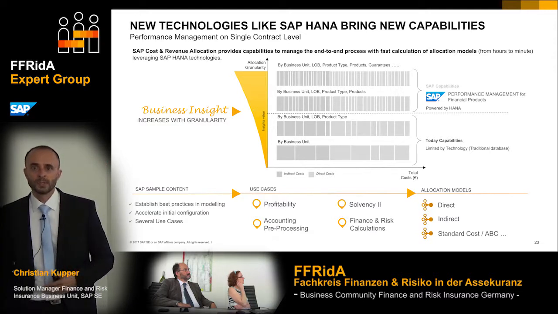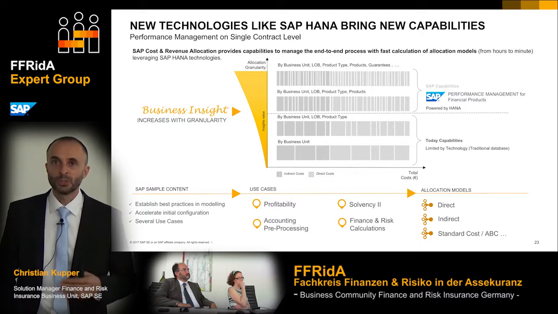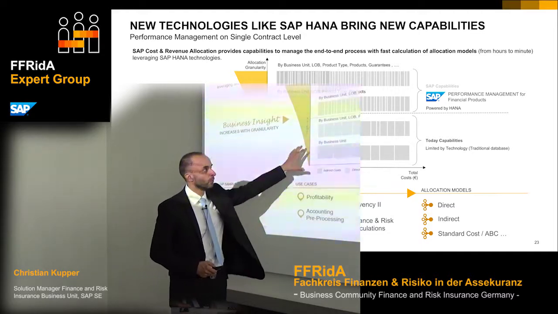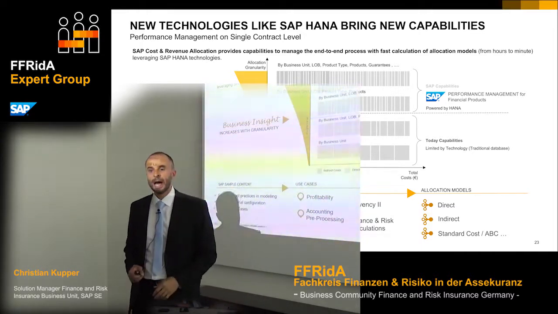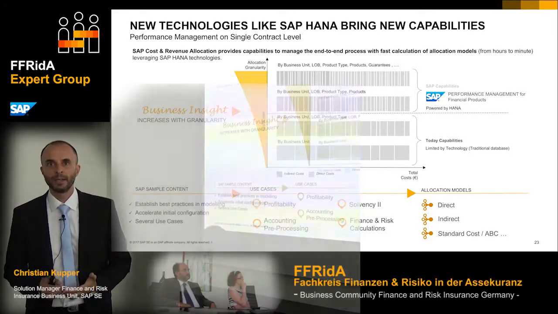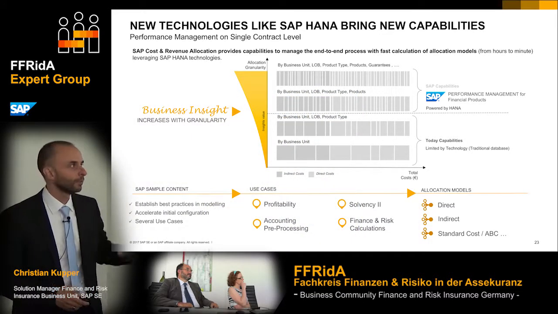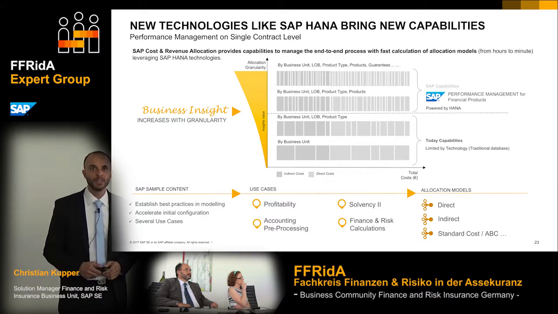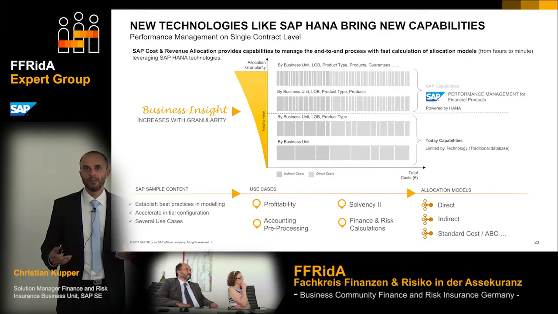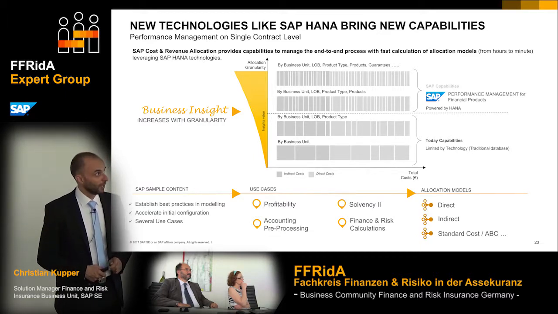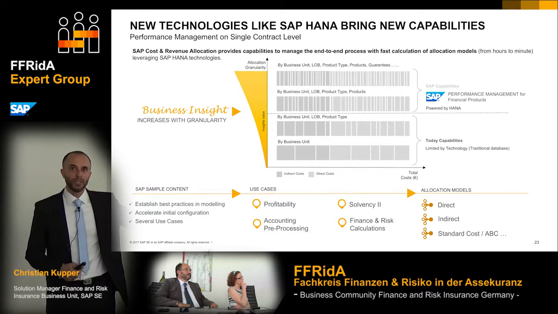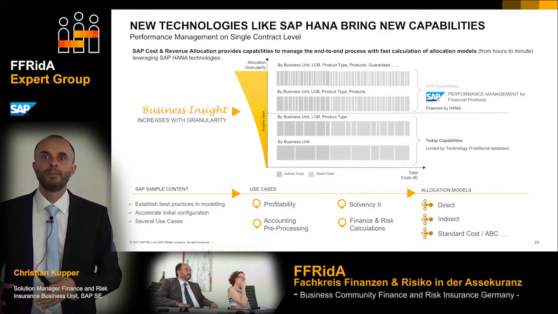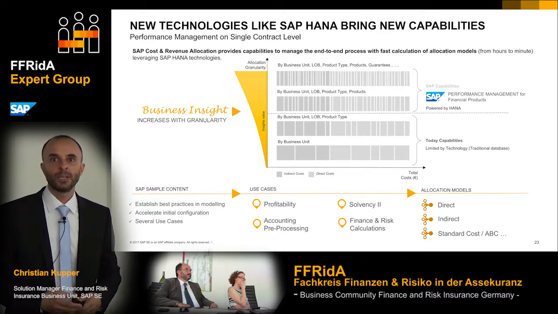And if we look at processes like controlling, management, accounting, and so on, usually things were limited by capabilities. So you had cost center accounting, you had cost carrier accounting, but usually that ended on the level of cost centers or business units or maybe product types. I'm sure you're all doing this, but usually everyone is doing this with the limitation of today's technology. Now with the new technology and the new processes and methods, we have the possibility to do things on a lower level of granularity, meaning on contract or coverage level.